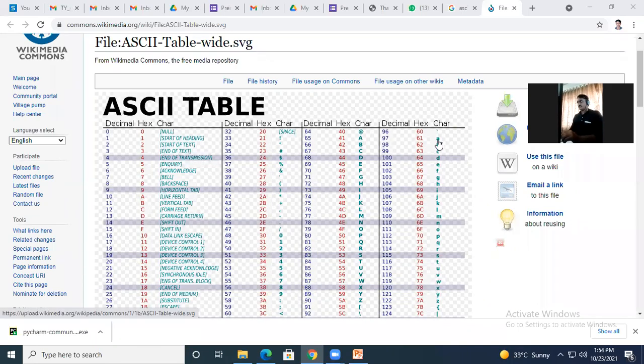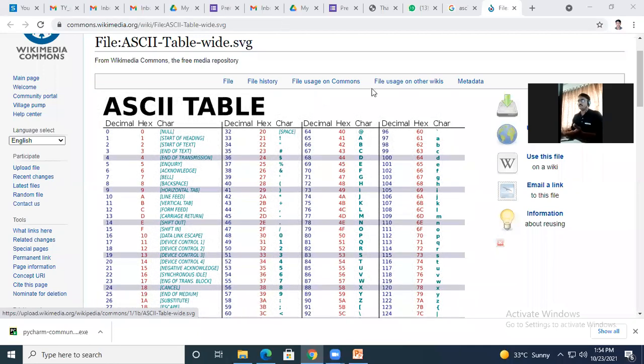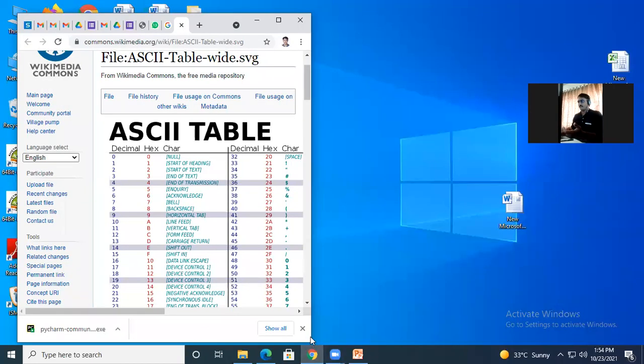So if you mention a word in capital or small letters, every character of that word has different ASCII values, and those ASCII values are again converted to binary, in the form of zeros and ones, which the compiler, or the system, understands. This is the system language, in the form of zeros and ones.